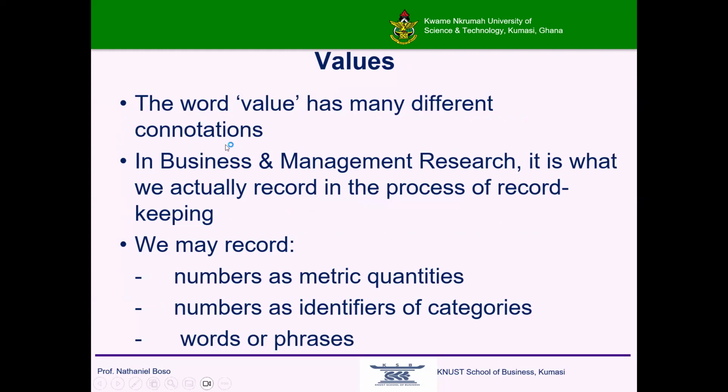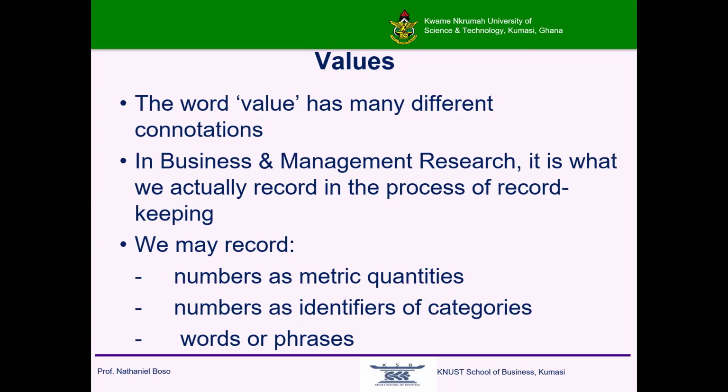So the word value has many different connotations, but just as I explained earlier, we may record numbers as metric quantities, numbers as identifiers of categories, or words or phrases. The values we assign to our measure of each variable may take different forms. For instance, when you take gender, we can put numeric values for the measure of gender. We can assign the number 0 to the male gender, and we can assign the number 1 to the female gender. In that case, these numbers are acting as identifiers of